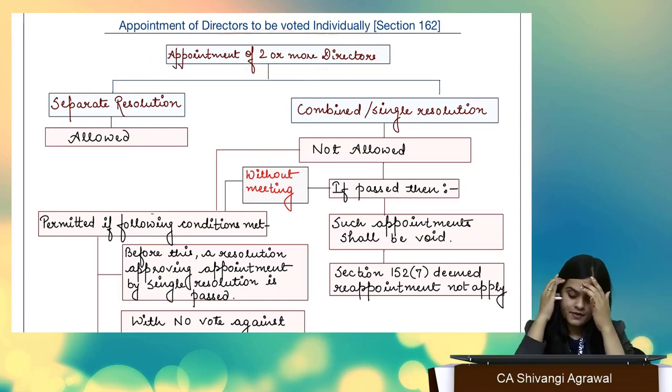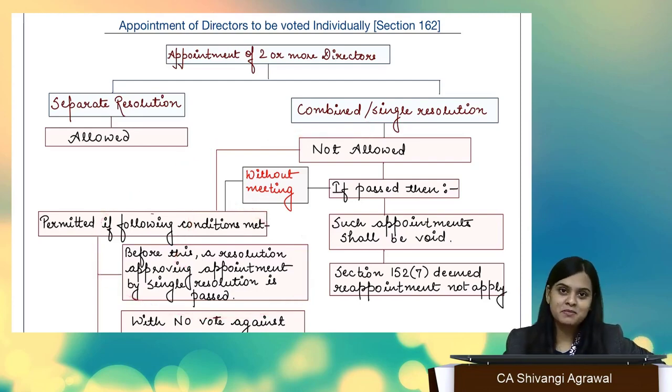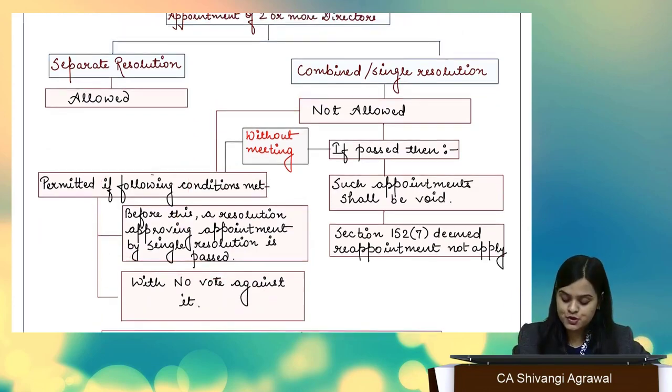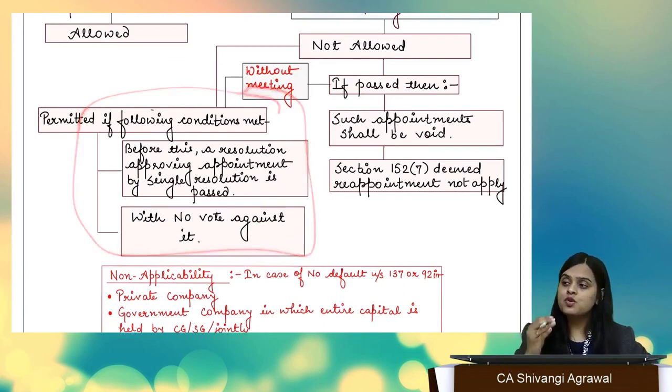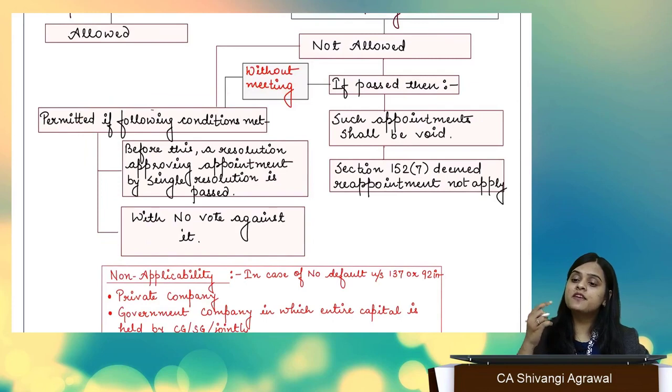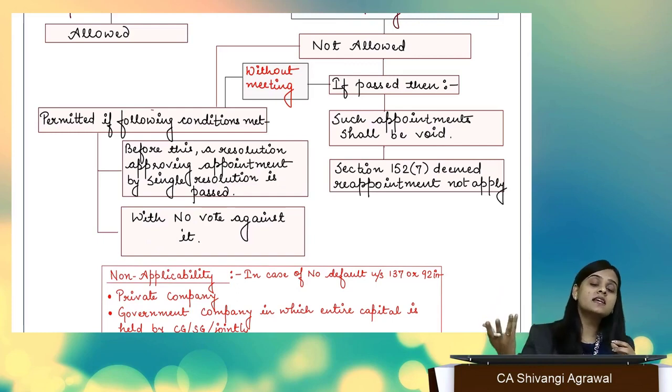However, a single resolution may also work. When, ma'am? When can it work? When a prior resolution is passed. That means before this single resolution, another resolution is passed, which tells us, resolved that appointment of X and Y is going to take place by a single resolution, whether you approve or you disapprove. So you are taking prior permission from the members for proposing a single resolution,